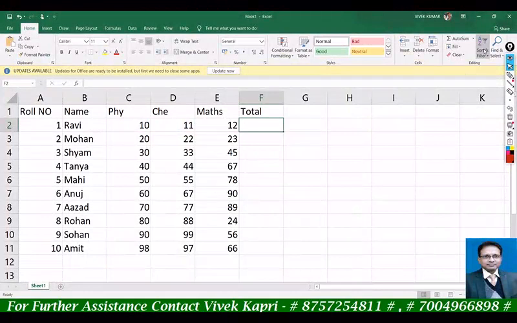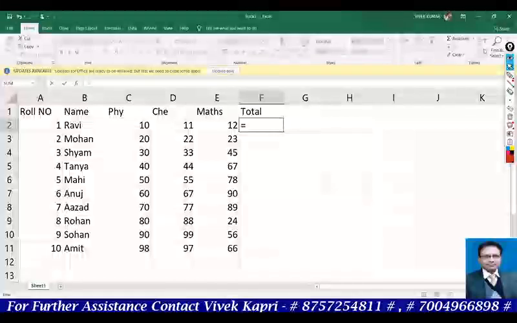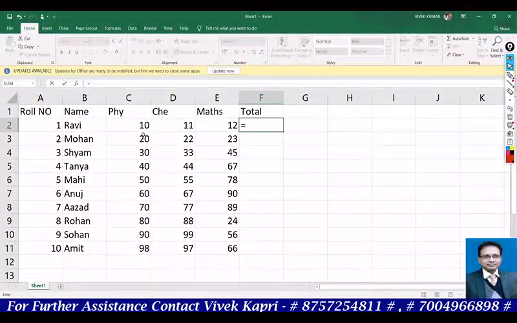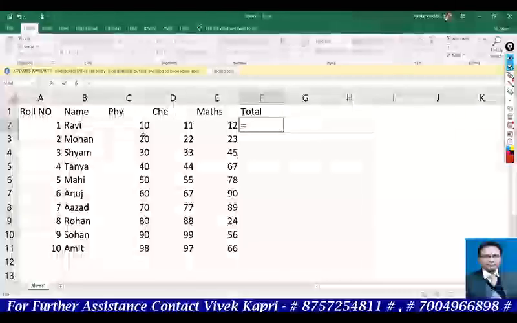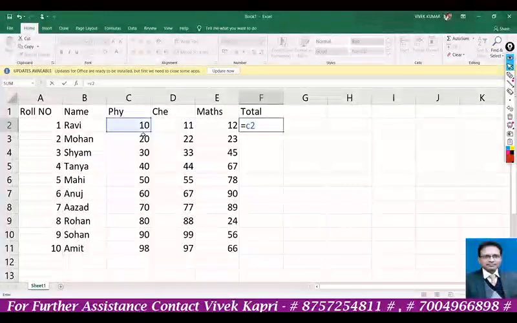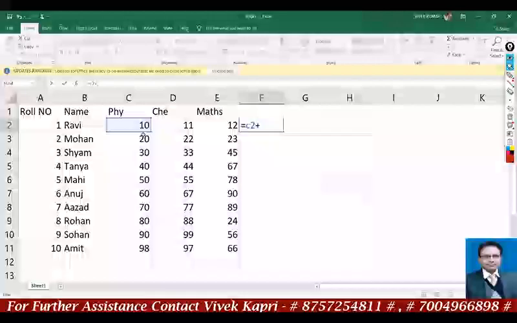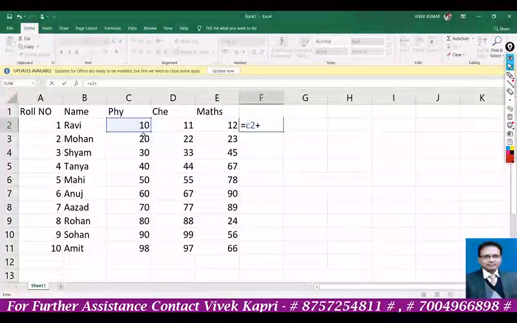Once again I am repeating the formula. Equal to, then write the cell references of all those cells for which you have to find the sum. So here I am writing C2 for 10, plus, and as I write the cell number, the cell is being selected: C2 plus D2 plus E2.